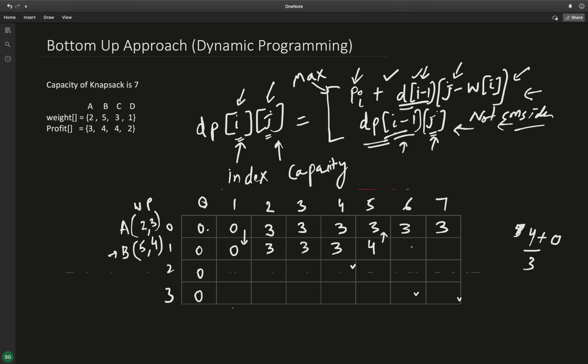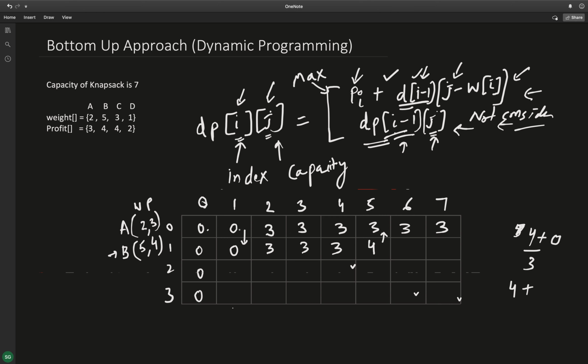Now for this cell, we have a bag of capacity 6, and yes, B can be accommodated. So after putting B, the profit I'll get is 4, that is the profit value of item B, plus the remaining capacity after putting this item is 1. So I need to go up and check that for capacity 1, what is the maximum profit that I can get.